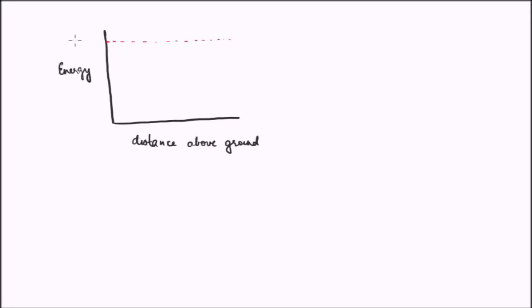And how much will that be? That will be equal to m times g times h. This is the total mechanical energy. Now since this is the distance above the ground, this point is the ground level,